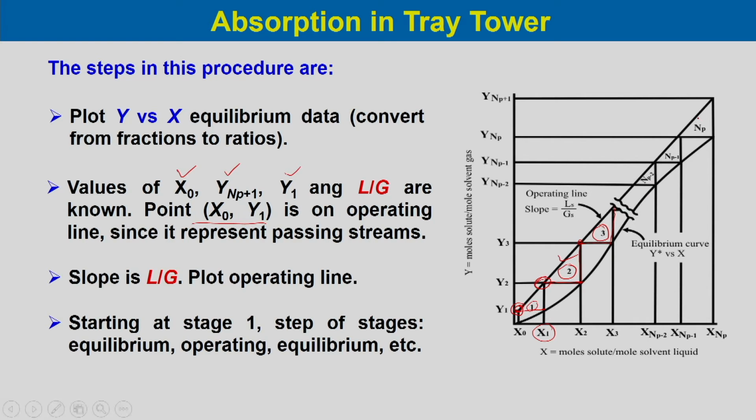So, similarly you can plot until the exit concentration is reached, and when you reach the bottom tray composition you need to stop to find out the number of trays required, which is NP, shown over here. So, this is NP, the number of stages, and you can see it reaches the bottom of the tower composition, which is Y NP plus 1 and X NP. So, this way we can find out graphically, using the McCabe-Thiele type of diagram, the number of ideal stages required for a particular separation.